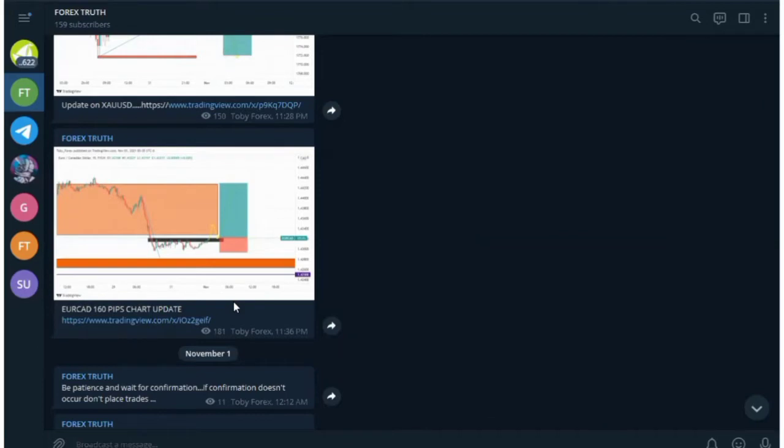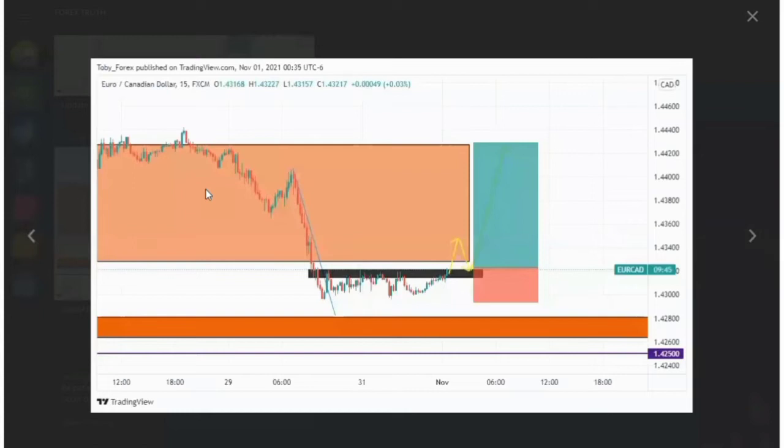The first trade I already sent out was a EURCAD 160 pips markup. When I sent it out, one thing you need to understand is that my markups usually come with expectations. I tell you to wait for such and such a thing to occur before taking the trade. On this particular trade, EURCAD, I told them what to mark around there. When I saw this, I sent it out and set my arrow, telling them that I'm expecting the market to go up,